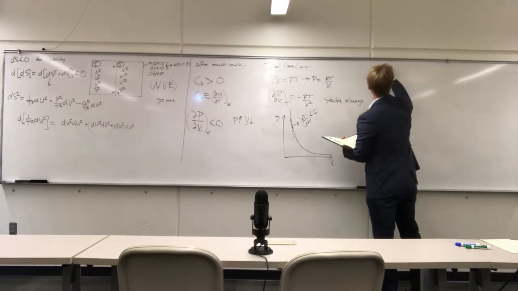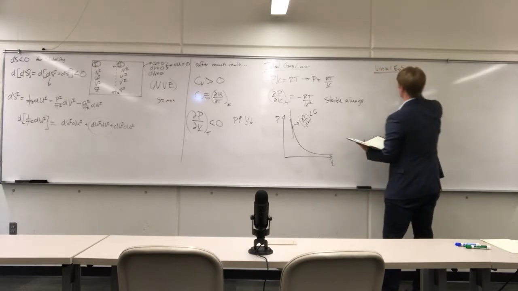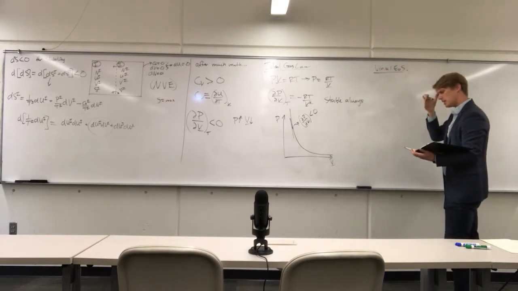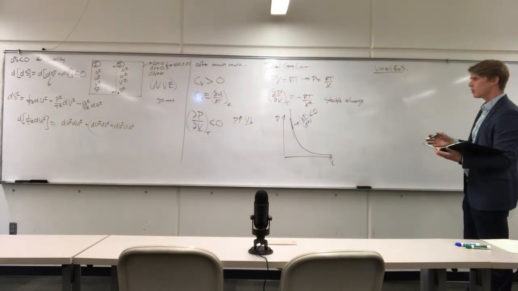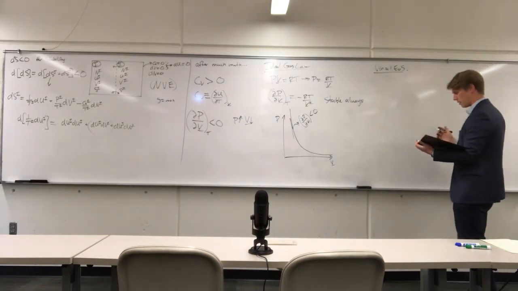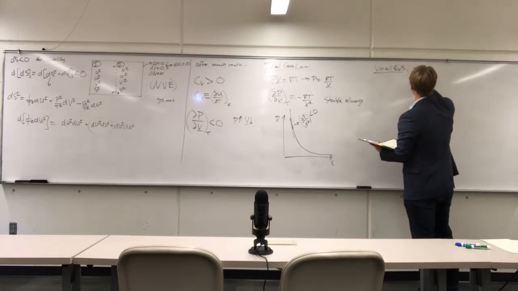Oftentimes, the virial equation of state was actually derived probably in the late 1800s. Van der Waals, oh boy, I think it was early 1800s that the van der Waals was derived. I have to double check my history lecture. This one's often written